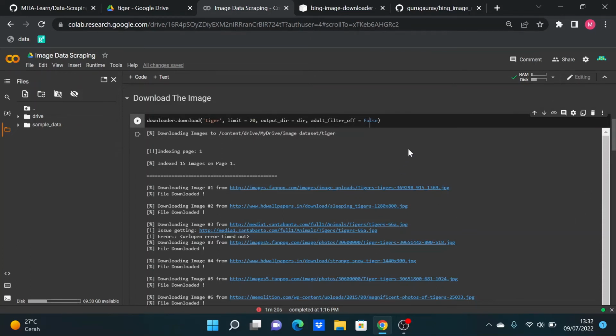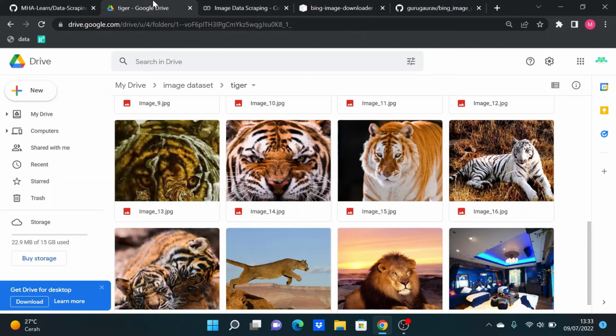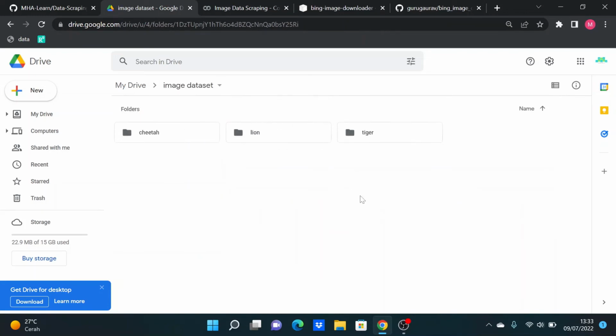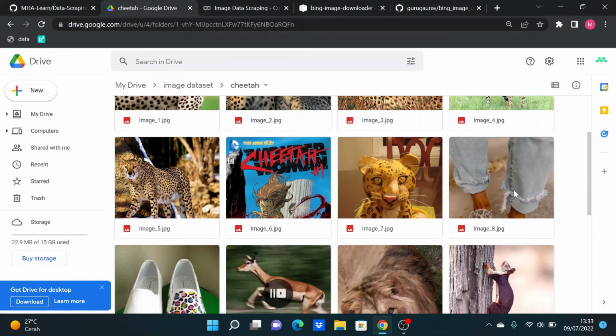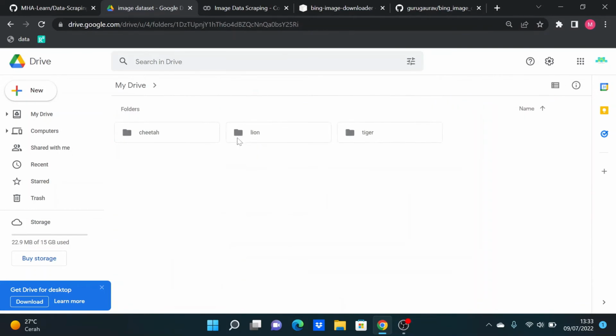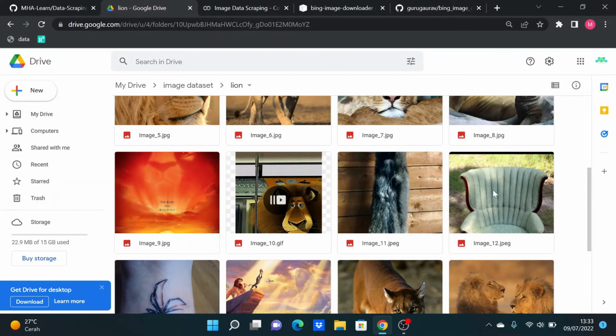And for the downloaded images, we can check them here, my drive and the image dataset directory. Wait a minute. Okay, this is lagging, but that's okay. We can check it here, or we can also check it in our Google Drive. Here, image dataset, we can see the cheetah dataset here. There are some random images like this. Also in the lion and tiger, there are some random images like this,